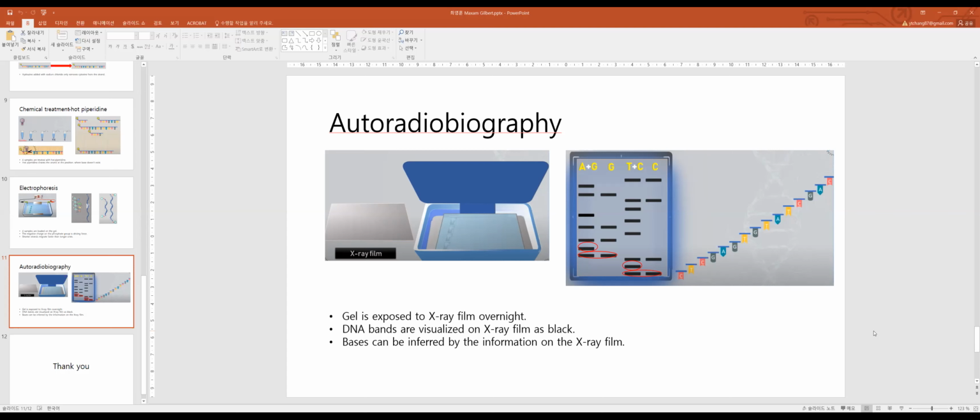And which method is superior, do you feel? Which method is better? Sanger. Why? Because Maxam-Gilbert process needs a lot of chemicals that are very toxic, and it is a complex process that cuts the DNA fragment one by one.